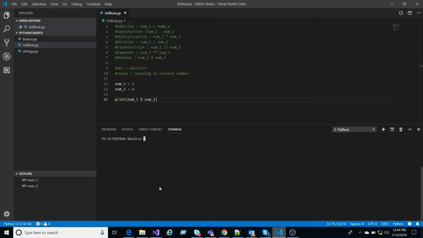See, it just returns the remainder. The most practical use of this modulus is if you want to know the number of odd numbers and even numbers available between a range of numbers; modulus operators will help us the most. And another set of inbuilt functions for integer and float